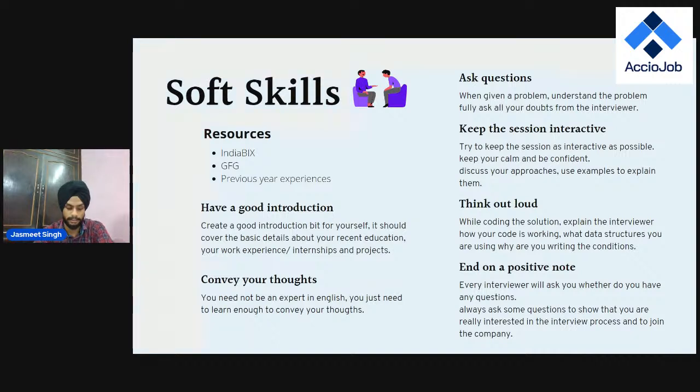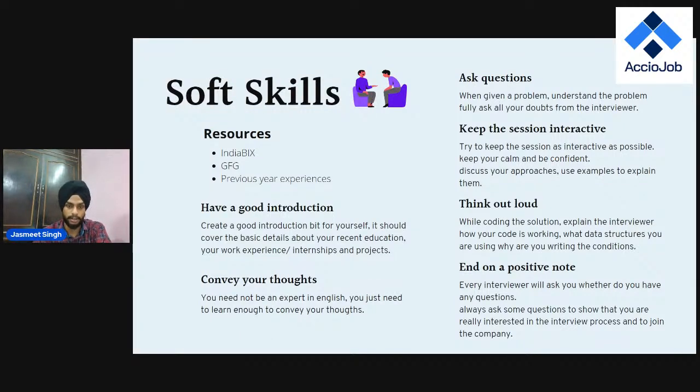And then if you have done any internships or you have any work experience, you should elaborate on what your role was, how you contributed to it, what problems you solved, right? So that's about internship and experience. And then explaining a bit about your projects, what projects you have done, what technologies you have touched. So there are three main things in an introduction: first is your education, second is your internship and work experience, and third is projects. Okay, you should always conclude your introduction by also telling how you are a great contributor to that company, why you should be hired, right? So you should always include that in your introduction also.